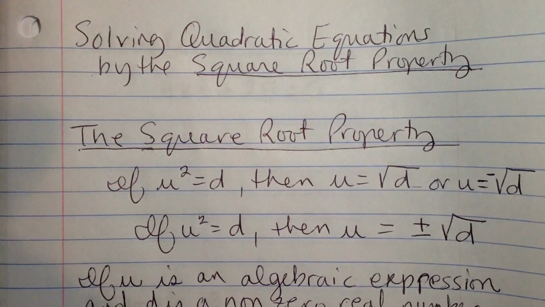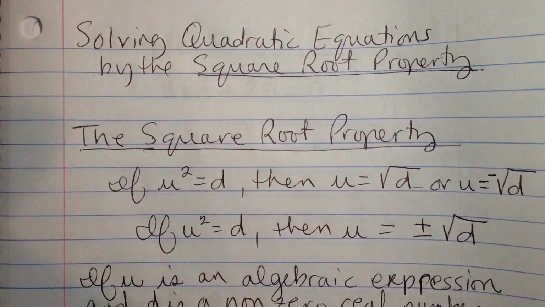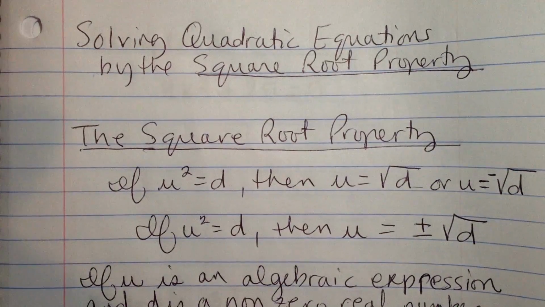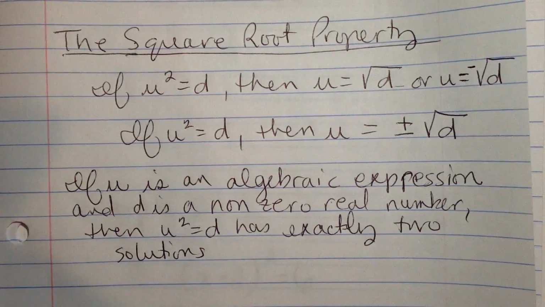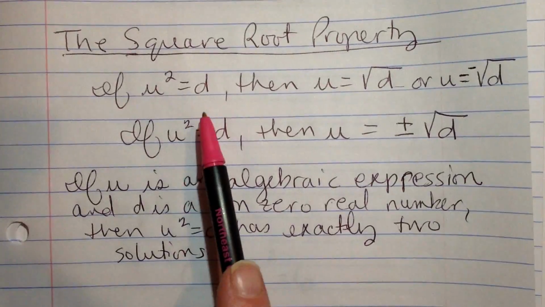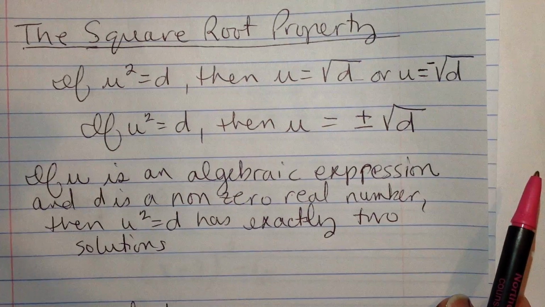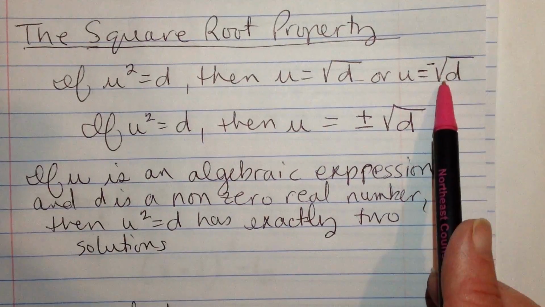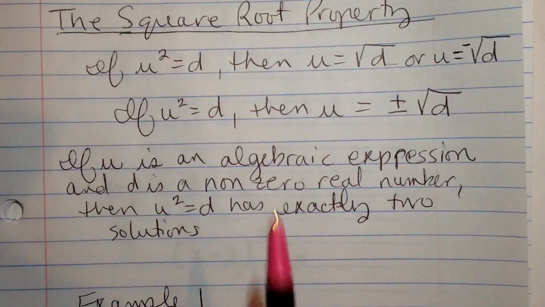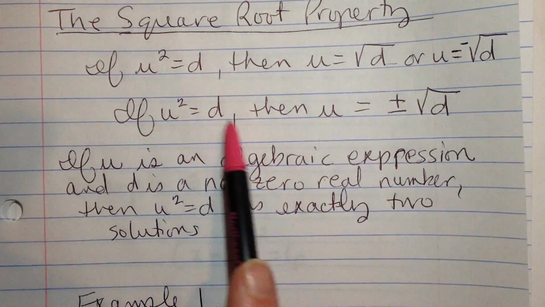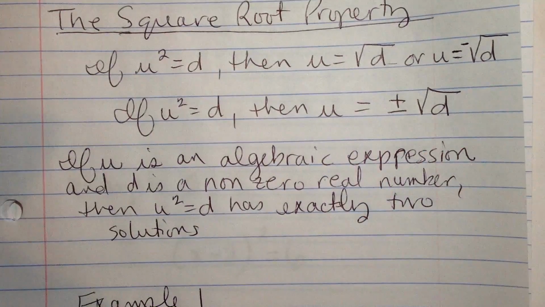The second way that we're going to learn to solve quadratic equations is by the square root property. It says for the square root property, if u squared is equal to d, then u is equal to the square root of d, or u is equal to the negative of square root of d. In other words, if u squared equals d, then u equals plus or minus the square root of